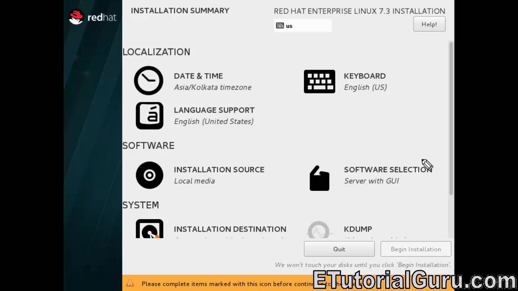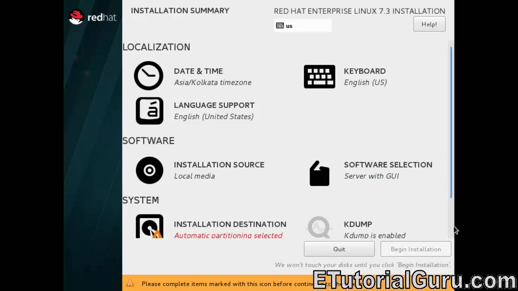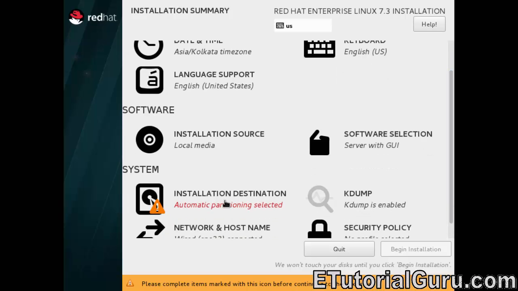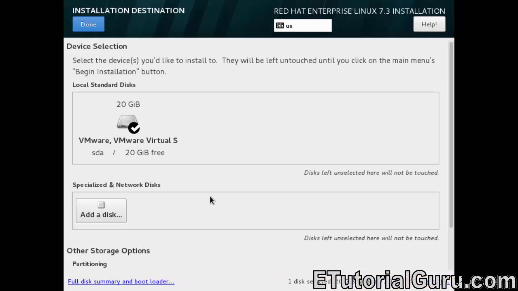And now you can see that the software selection is server with GUI, and the last option which we want to change is the installation destination. Click installation destination. On this screen you will see that the disk which you provided during the environment setup, that was of 20 GB, is available. And since this is already selected, there's nothing you have to do. You just have to press done,